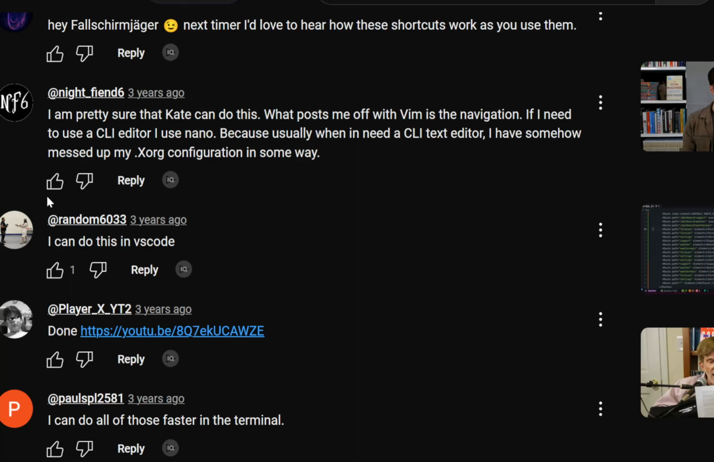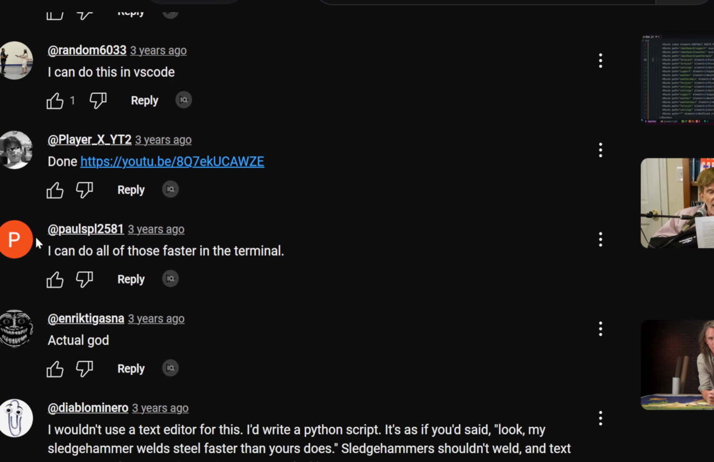What pisses me off with Vim is the navigation. If I need to use a CLI editor, I use Nano. I used to be you, but I got sick. I knew there were massive advantages to using Vim compared to Nano. I knew that when it came to using it as a text editor, it would get you to where you needed to go in the file a lot quicker, and that you could do things a lot faster. Because when I needed the CLI text editor, I somehow messed up my Xorg configuration. I could do this. VS Code is bloat,